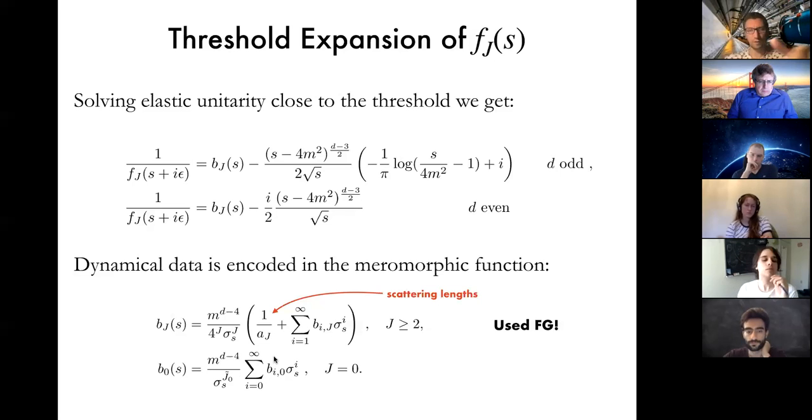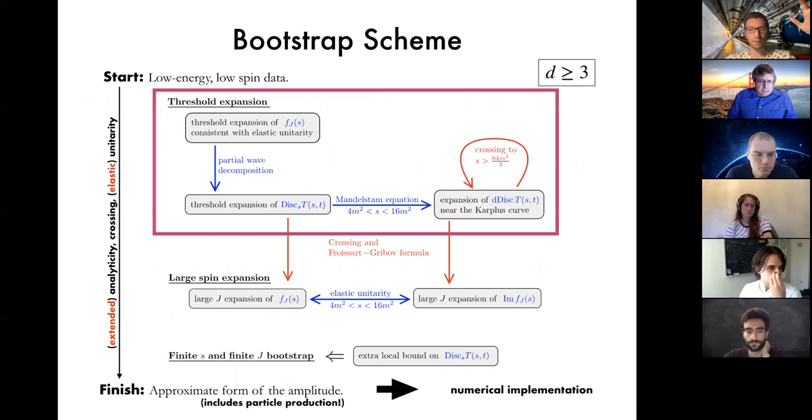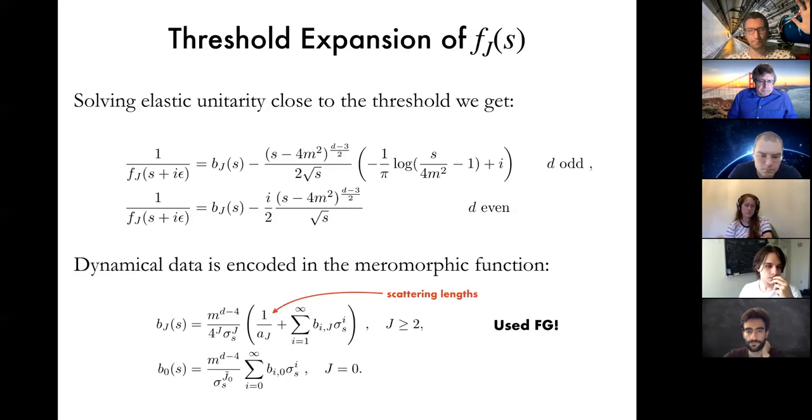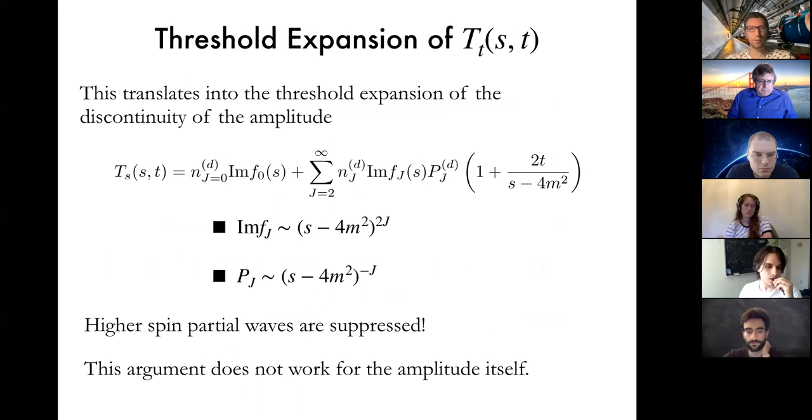So now any theory will have this form close to the normal threshold. Now this is my input. On this slide, I was telling you there is a low energy, low spin data. This is the input. We solved the elastic unitarity. Now, the next step, you note that this solution of elastic unitarity translates to the threshold expansion of the discontinuity